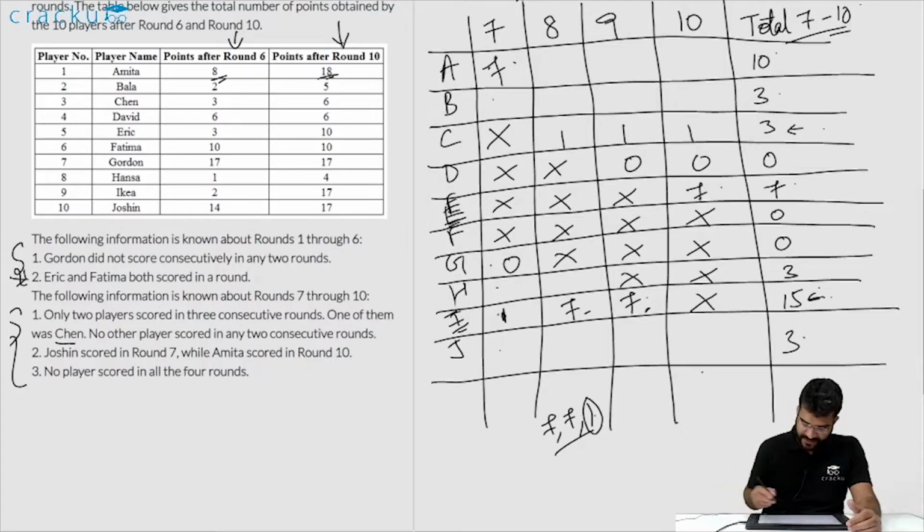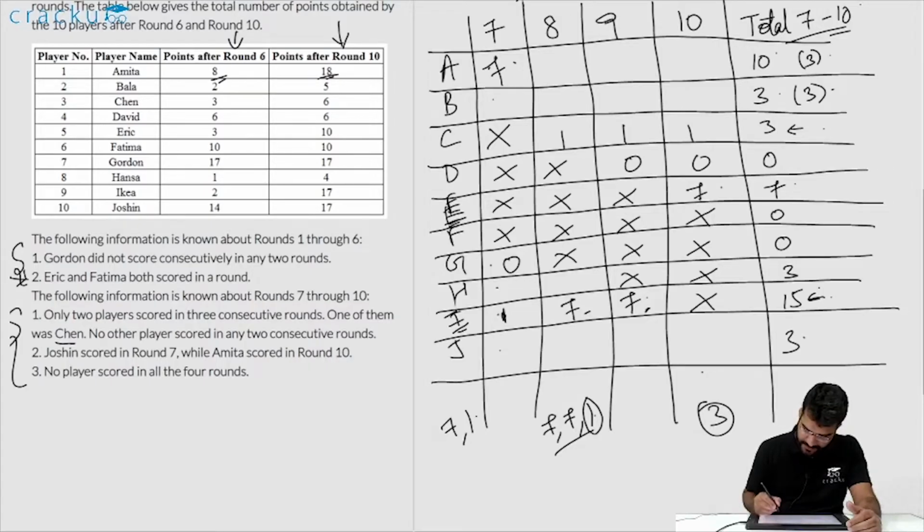So now in this table we have all the 7s and we have all the 1s. What is remaining is just where all the 3s would go. So we need to figure out who came second in each of the 4 rounds, and then we are done. Now for example, there is a 3 that is coming from Amita, there is a 3 that is